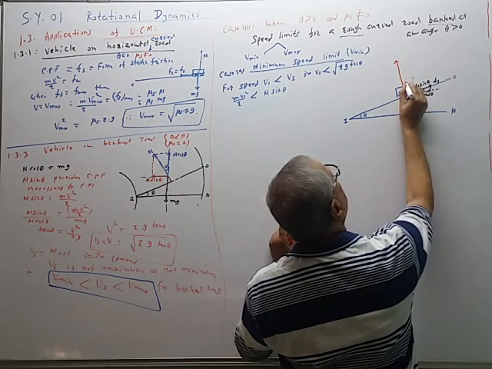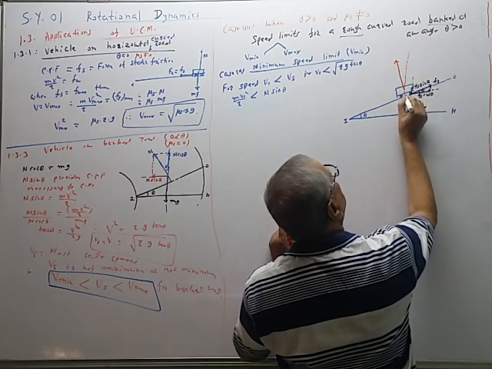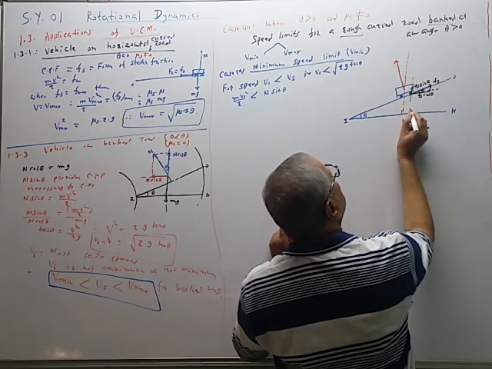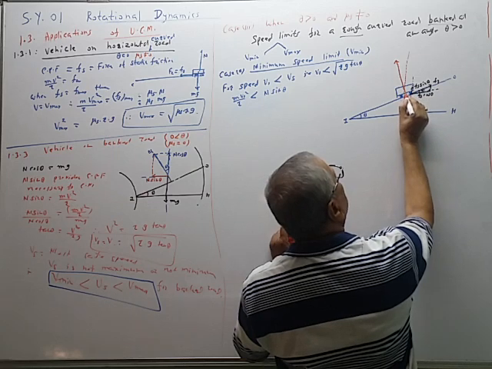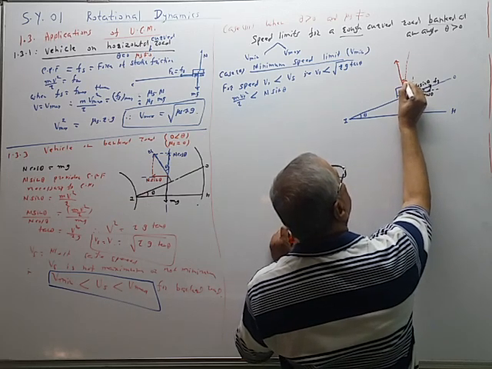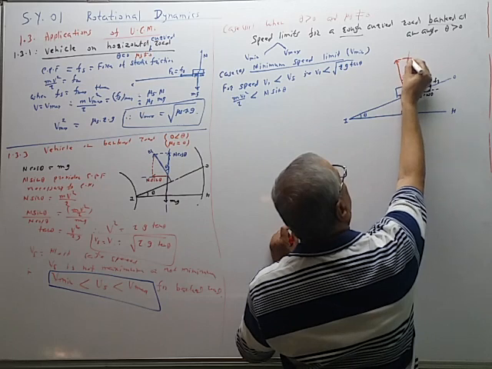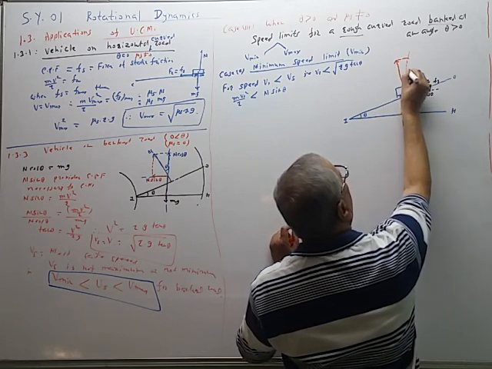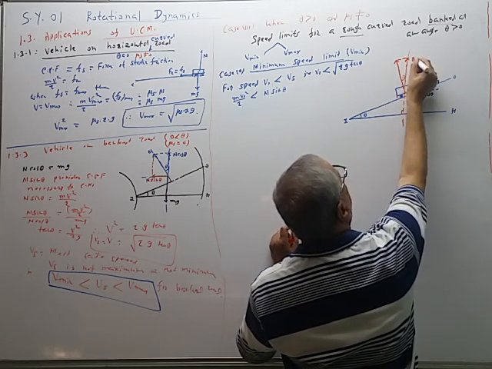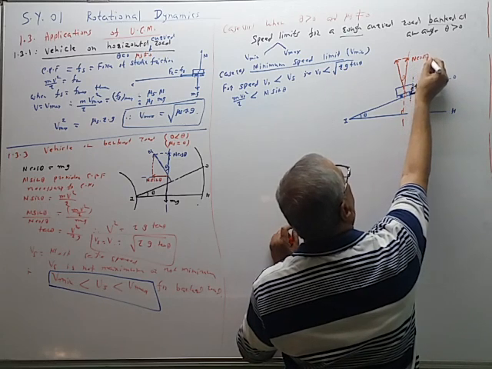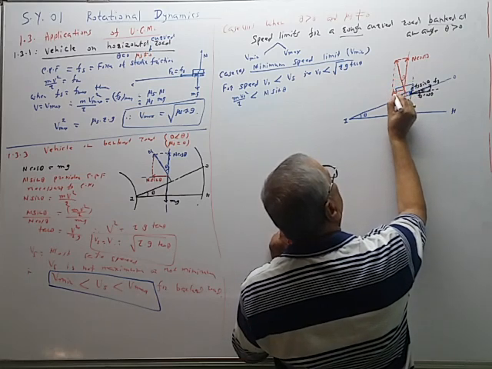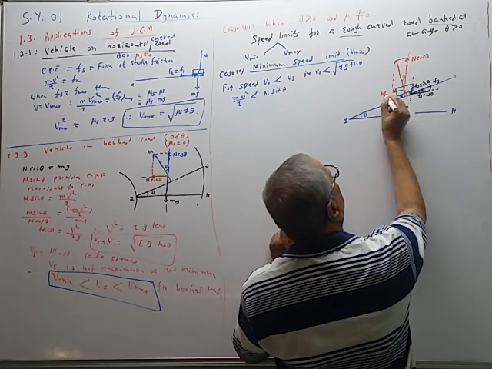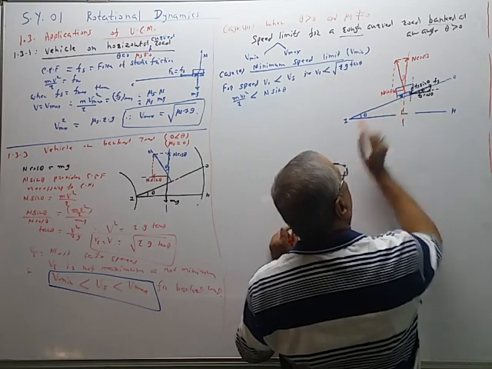So again, you can compute the figure like this. This angle is 90 degrees. So if this is theta, this is 90 minus theta. This is also 90 minus theta. Therefore, this is also theta. So this is the component N cos theta vertically upward. This is N sin theta. Draw perpendicular.